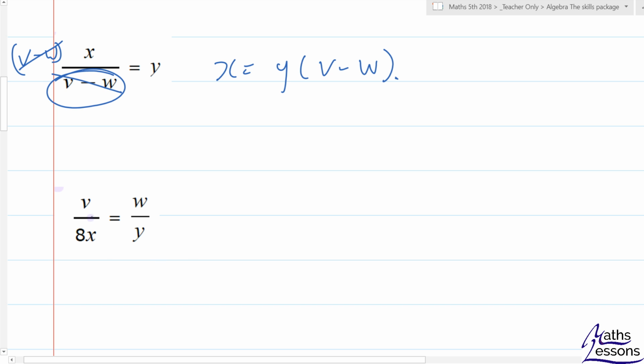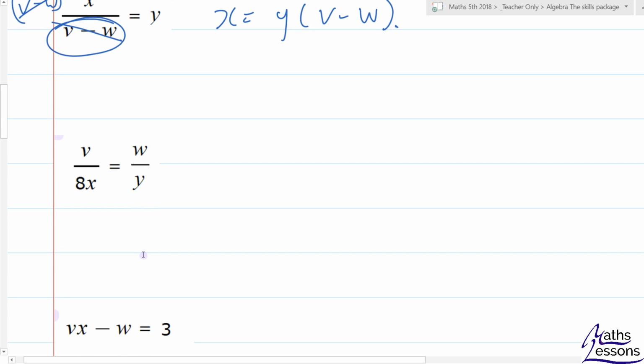And now this one's a bit trickier because we've got to get the x. So let's actually write it out. There's not been a space to do all the work here, so I write it out once and then go down. I always like to work down the page, it's better. So if I times throughout by 8x, I get v equals w over y times x. And now what I'm going to do is divide by w over y. Now if I divide by a fraction, I turn it upside down and times. So I get v times y over w to divide it on that side. If I divide it on this side, it's just going to cancel. Okay, I'm just left with